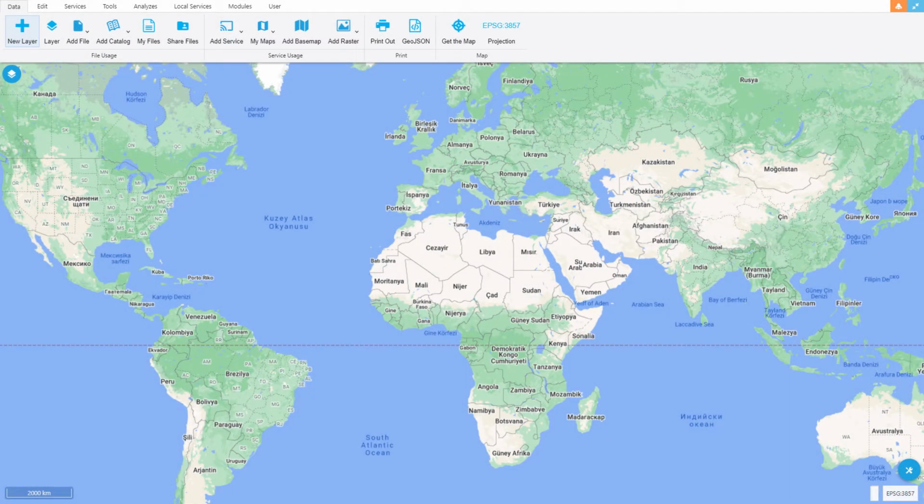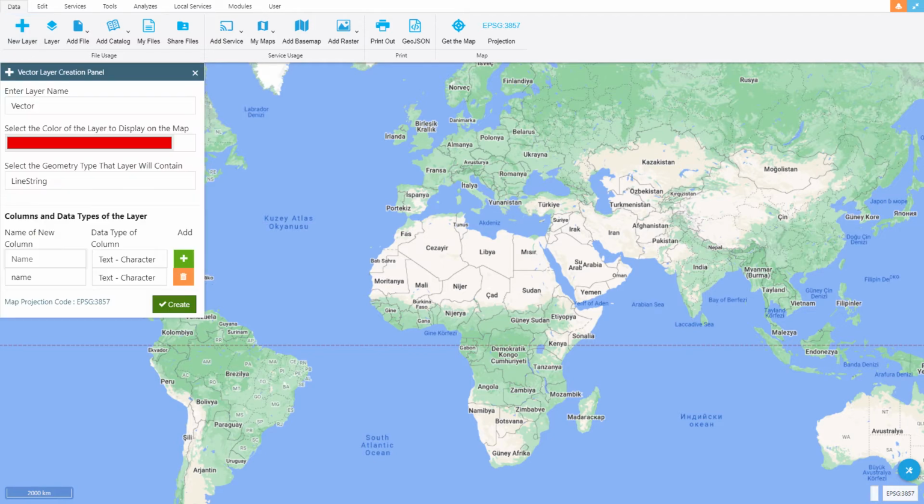Drawing arc. In this video tutorial, you will learn how to draw an arc. You can draw on an existing vector layer or on a new layer on the map. To create a new layer, click on the New Layer option in the Data menu. After entering the layer name in the Open panel and making other settings, a new layer can be created with